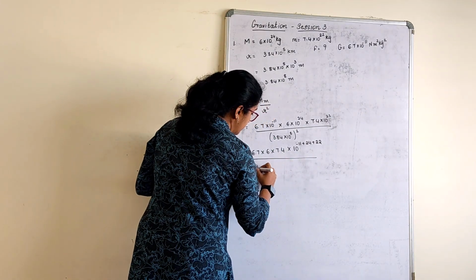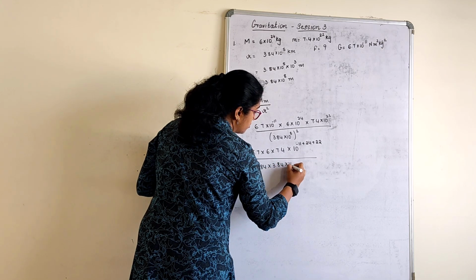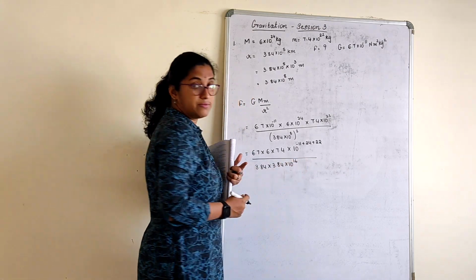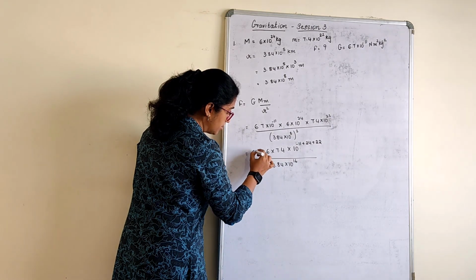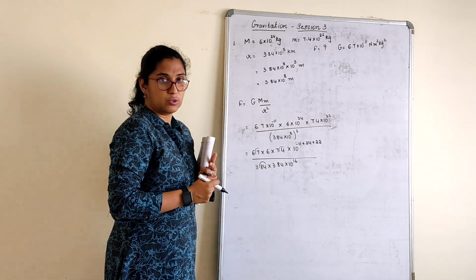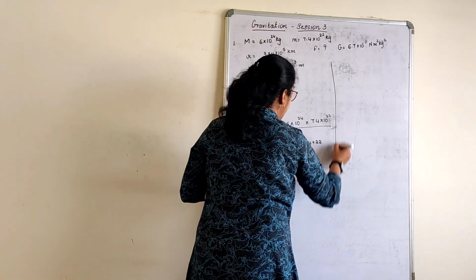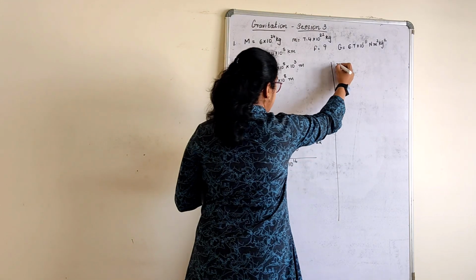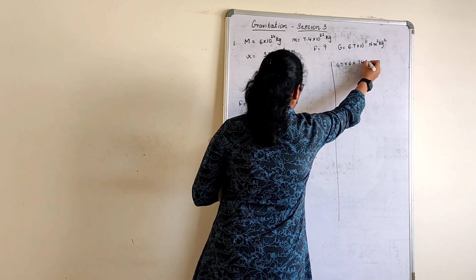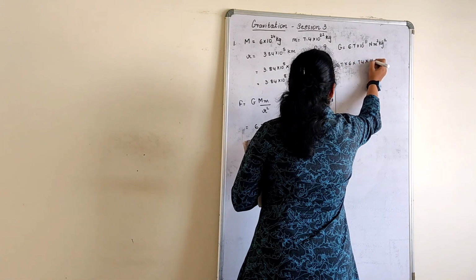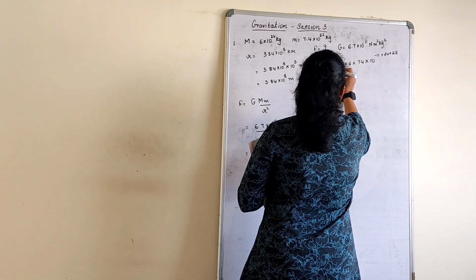Divided by 3.84 into 3.84 into 10 raised to 8 twos are 16. Understood what we have done now? 2 decimals are shifted here, 1 decimal I'll shift here. 2 decimals we shifted. These 2 decimals are there here, right? Just see the calculations how I will go with. Now this will be written as 67 into 6 into 74 into 10 raised to minus 11 plus 24. I'll keep this as it is. At once only we'll do it.